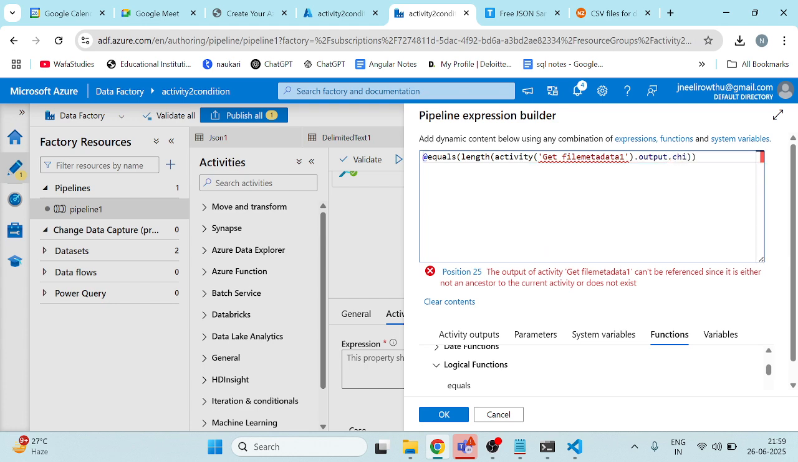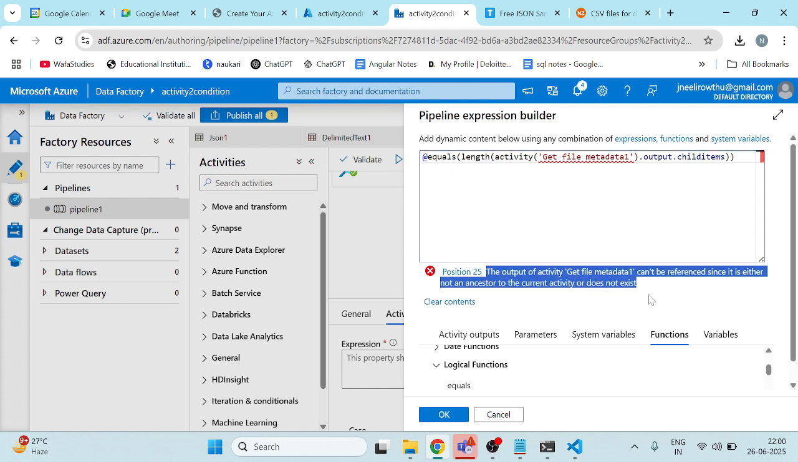dot child items. Okay, I'm taking like that. So here the count one and all things. So we will see here it is throwing error. So what happens, the query will be throwing error. So the metadata, so we will check this one. Okay,